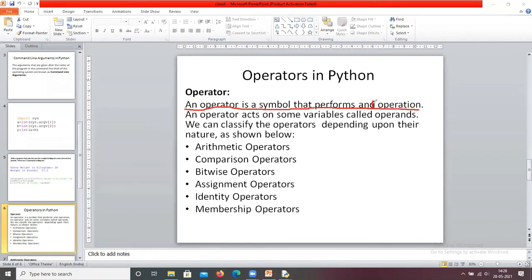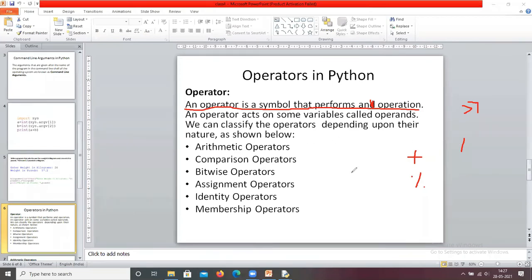Plus is a symbol, percentage is a symbol, division is a symbol. These are the shift operators. All these are symbols. An operator is a symbol that performs an operation.